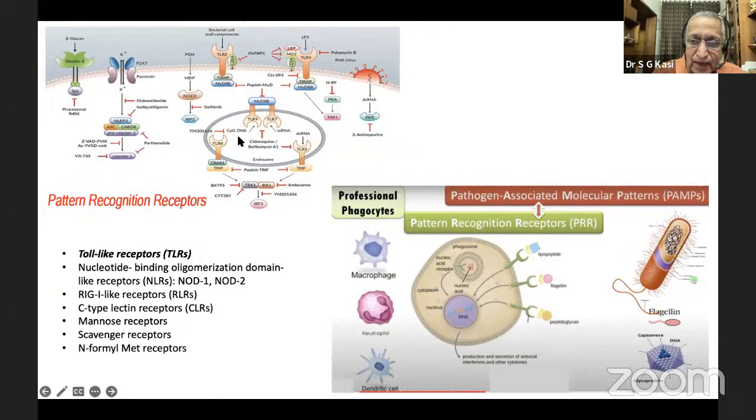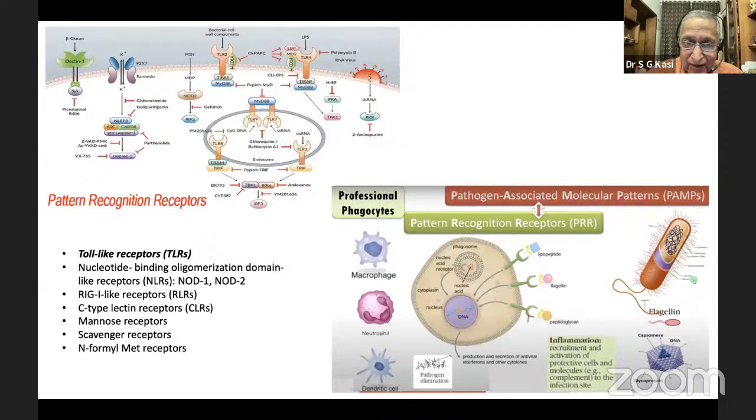Basically, when a pathogen-associated molecular pattern combines with a pattern recognition receptor, it sends signals to the nucleus of the cell. It heightens the activity of the DNA with production and secretion of antiviral interferons and many other cytokines. The end result is either the pathogens are killed, or the cytokines produce a highly inflammatory atmosphere wherein more and more antigen presenting cells enter and fight the particular infection.